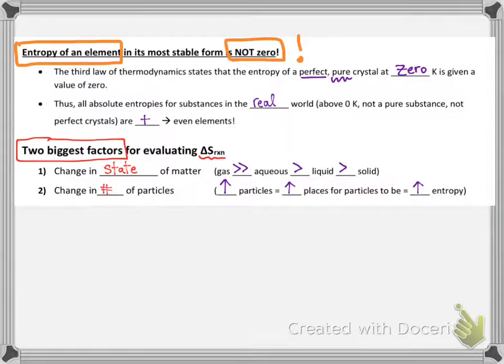I want to make a note: when we were looking at those 2 biggest factors for evaluating change in entropy, this is primarily when you're evaluating a change in chemical reactions, from reactants to products. However, you won't always be looking at a chemical reaction to see the change over time. Sometimes they'll just give you two different things, like here are these two different compounds, or these two different systems, which one has more entropy? So there are some other factors that you can use to compare entropy in those cases.